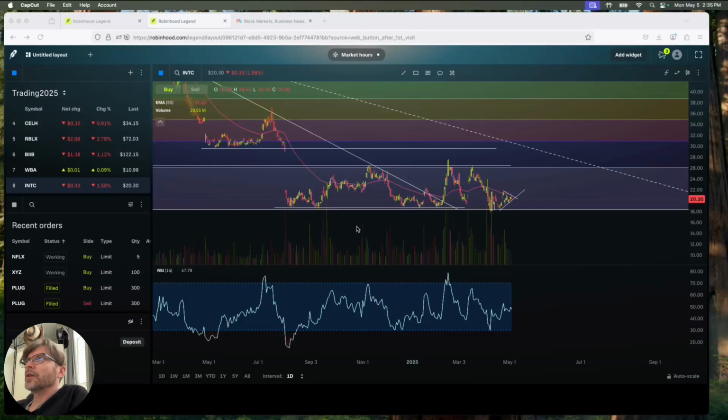All right, guys. So I want to show you the simplicity of my swing trading strategy for stocks and crypto. It's very simple. So let me show you. Let me see what other one I could start with. I guess we can start with this one. This is Intel. All right, so I made some good money in Intel. Look at the simplicity of this. Now, I drew